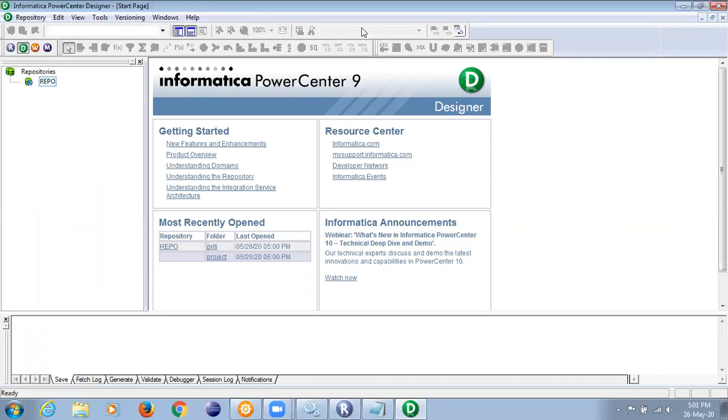Now you can see the movement of my cursor, right? The top section where my cursor is referred as toolbar. Every section has its own importance. So henceforth I'll be using this terminology, so please remember each term which I say properly. The top section which you can see here is called toolbar. This section where you can see the repo is known as navigator. The bigger section where we actually write the logic is called workspace.